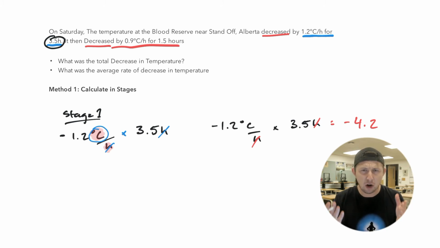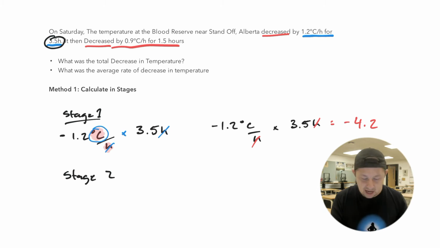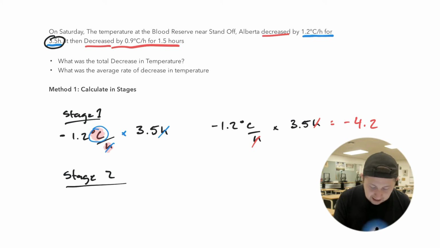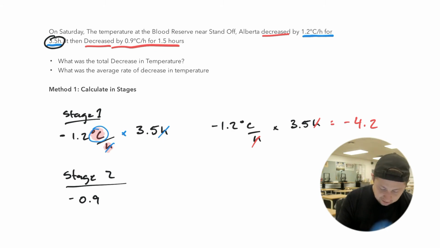Does that make sense so far? We're all on the same page there. So that's stage 1. Now let's look at stage 2. In stage 2, it says that it then decreased by 0.9 degrees Celsius per hour for an hour and a half. So I can represent stage 2 by negative 0.9. That's negative because our temperature is dropping. As our temperature goes down, I'm going to represent that as a negative. So negative 0.9 degrees Celsius per hour